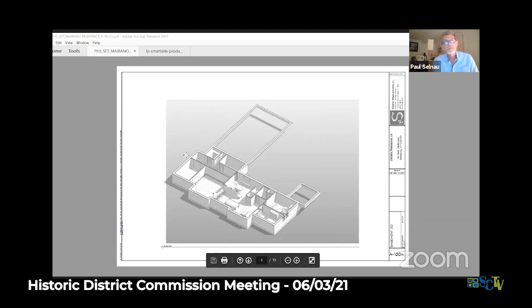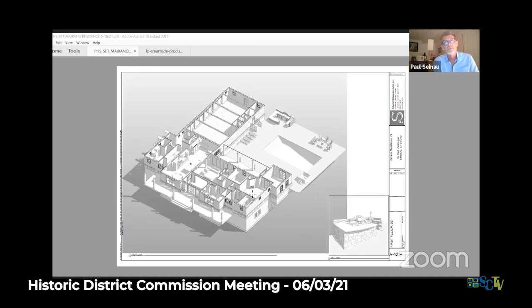So when we get into the home itself, this is an isometric section of the lower level. They're creating a finished level in the basement, which is down from the main area of the house. This is the garage that's back in through here. So it does have a complete finished basement. And when we go up into the main body of the floor, you enter directly through the center of this porch into a main vestibule, into an open,